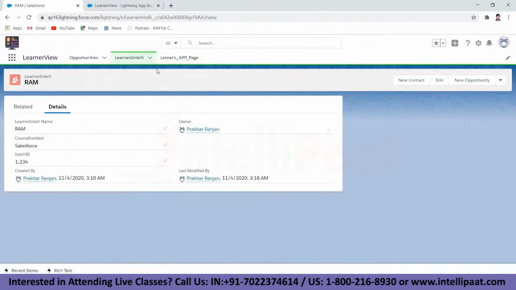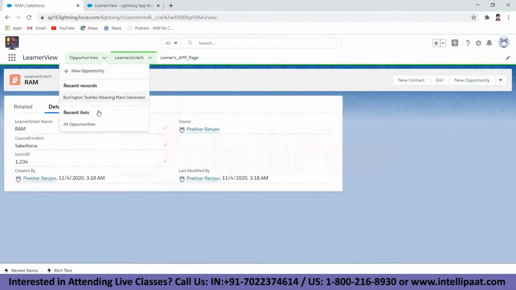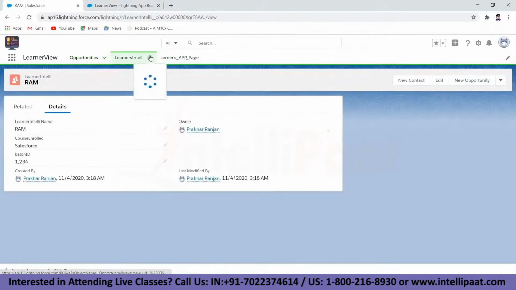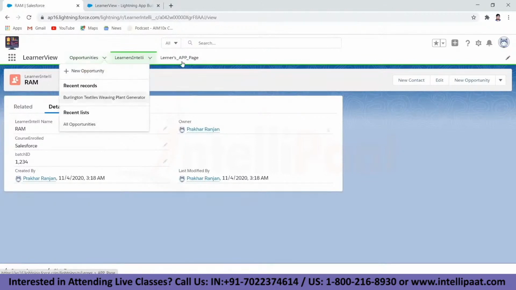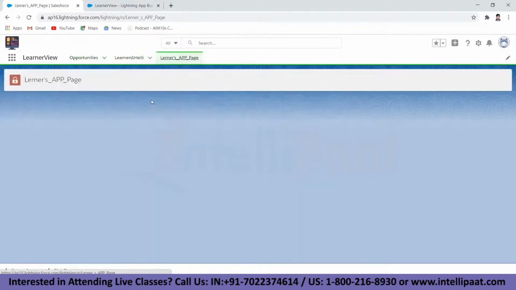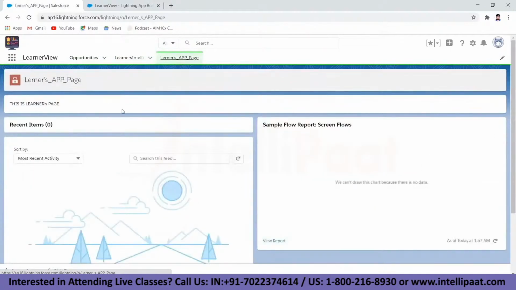As you can see, objects will have a drop down menu like this. So you can see all the learners or all the opportunities which are out there, and in the page you can see different things that you put. The recent items is 0, and the chatter field, we have not populated these things. That's why nothing is showing. If you do all of that, you'd be able to see these things, and they will be generated automatically. So that is basically what you can do in order to build an application in Salesforce.